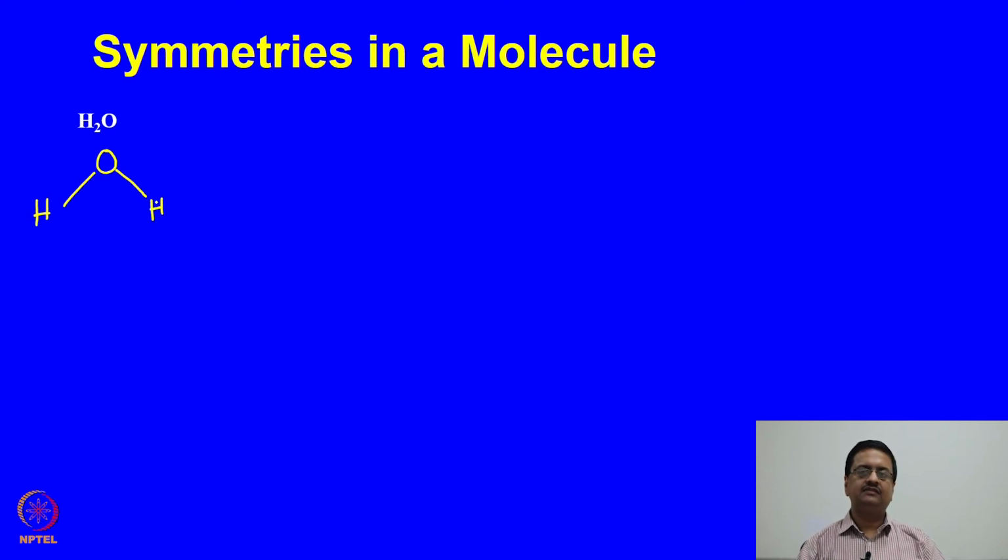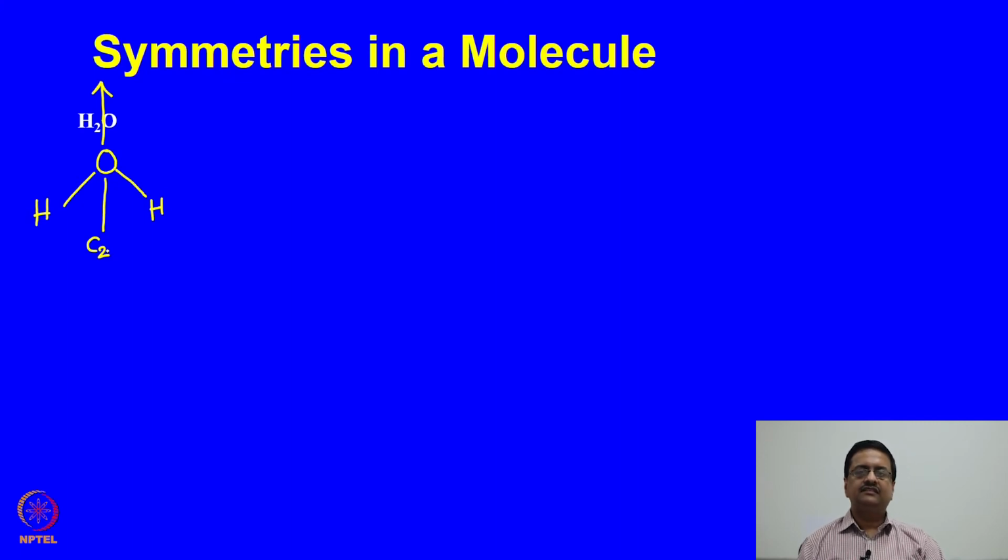What are the symmetry elements that one can see in this molecule? If I assume that I have drawn this water molecule on the plane of this board, then this axis, which is on the plane of the board, is a twofold axis, which when we apply, the molecule rotates like this. So, you had a water molecule which is like that, it rotates like that. So, the hydrogen atoms interchange their place. So, we call this a C2 axis. By 180 degree rotation, one hydrogen falls on the other.